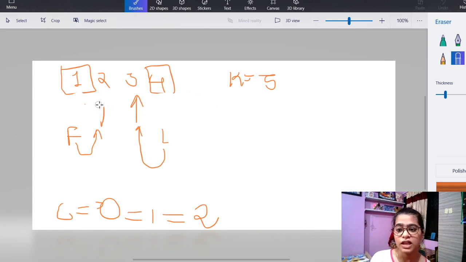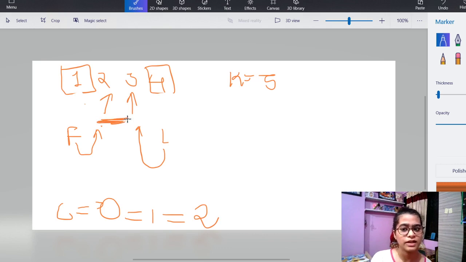Now they will move again. But now what will happen? The first will be greater than last, and this condition is false. That is, we have to break this loop. When first is greater than last, then we have to break the loop.